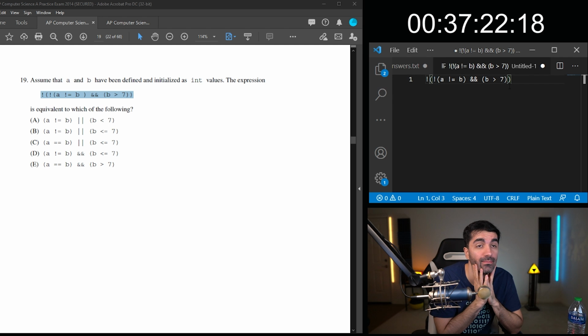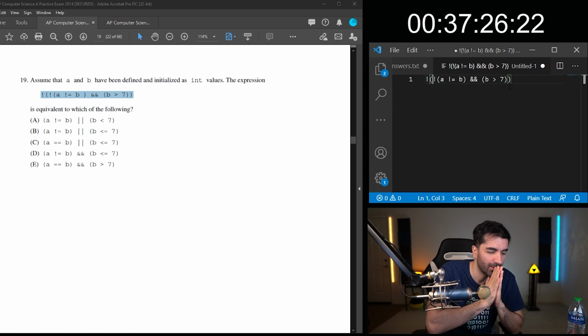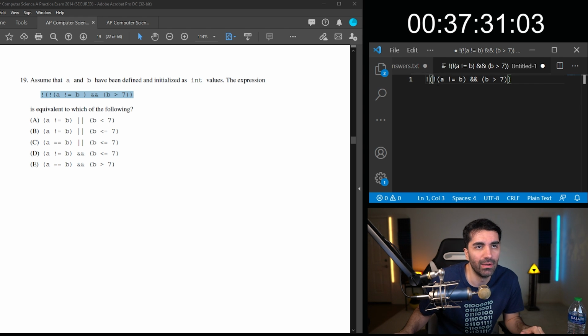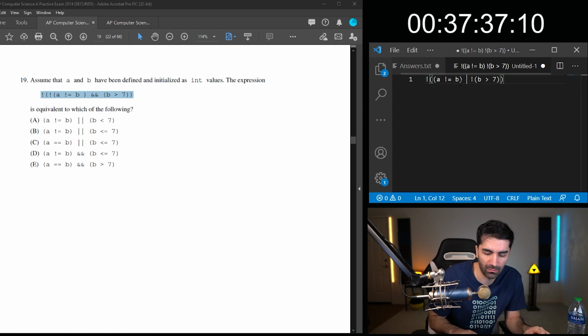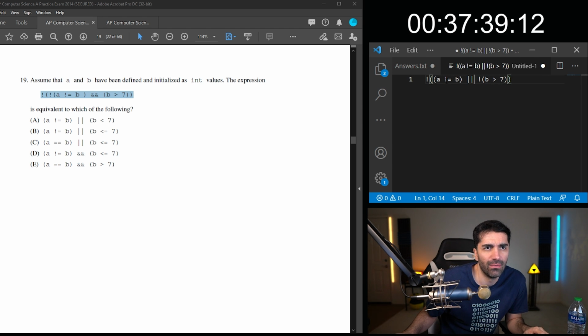How does this work again? Like you have to not the whole side, right? So you'd get rid of that, and then this would be a not, and then this would be that, right?